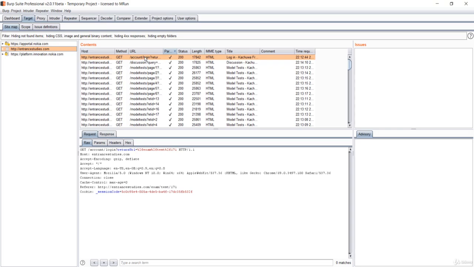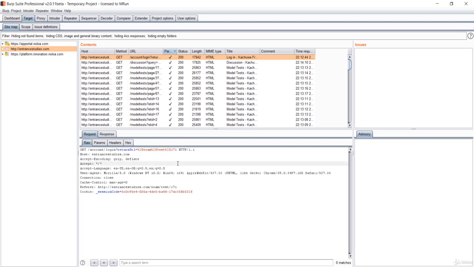I've just sorted it out, and if you see here, in this link, this is the GET method and this is the link. This link has the account, login, and the return URL. I've already said in the previous couple of lectures that anything that starts with this question mark is a parameter, and if the parameter is something like return URL or page, that means it is redirecting somewhere. So we'll search for the redirection.